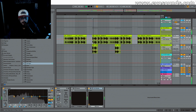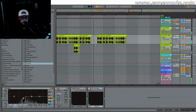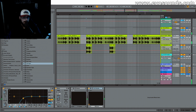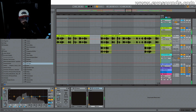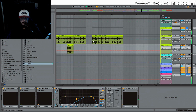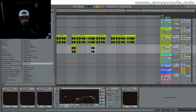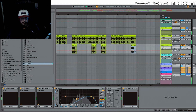Crank it up, crank the bass level, crank it up the bass level, crank it up, crank it up the bass level, bass level. Sort of like a, you know, like a layer to it. Crank it up the bass level, crank it up the bass level, crank it up the bass level, crank it up the. Yeah, and then just crank it up. So bass level, crank it up,